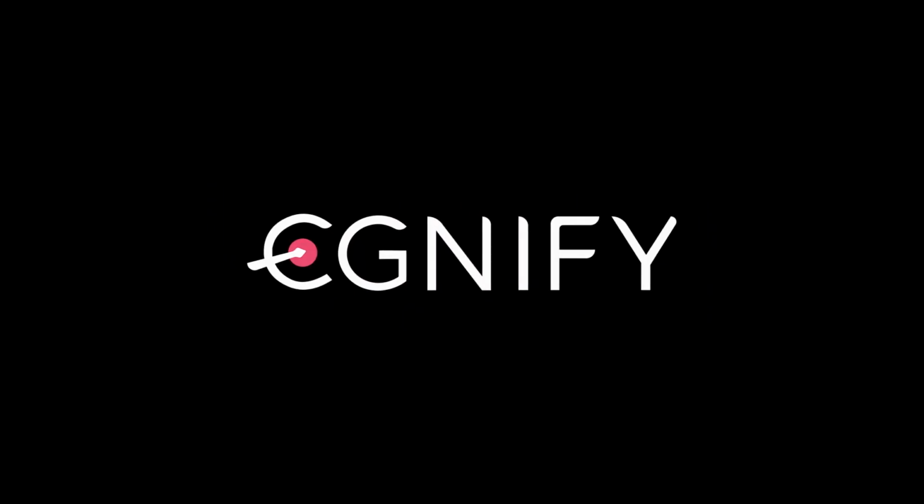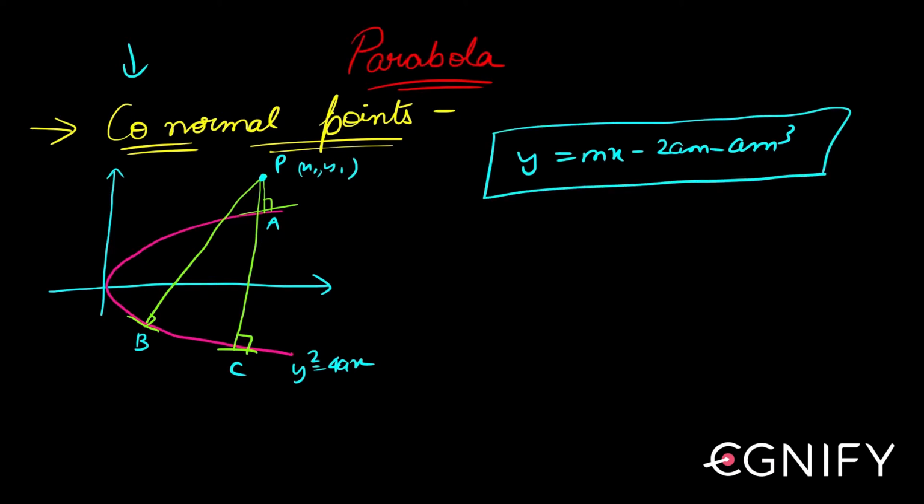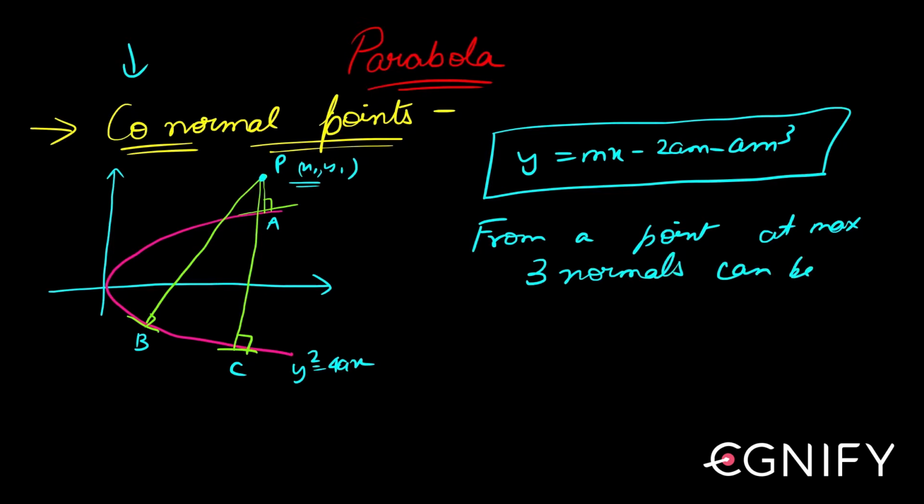So here we have this new term called co-normal points. Basically you have the equation of the normal that you've just seen. In the diagram it's visible that from a point outside, at max, you can draw three normals. So remember, from a point, at max three normals can be drawn. Now what's important here is this word "from", because a lot of times you get confused with